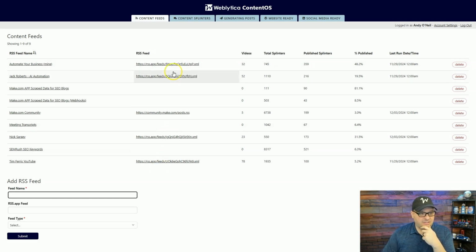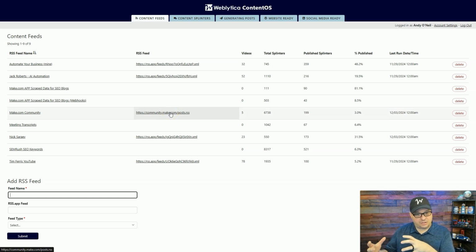These 5 links here are the RSS feeds I have for this. One of those is the Make.com community. Again, that is a Discord community, and it works a little bit different than a regular RSS feed, but it brings in new information that gets pulled in through my automations. That's a great thing about RSS feeds. This stuff's pulling in every day without me having to touch anything.